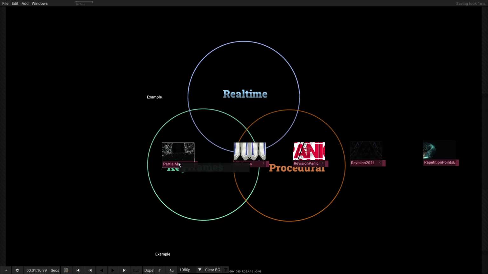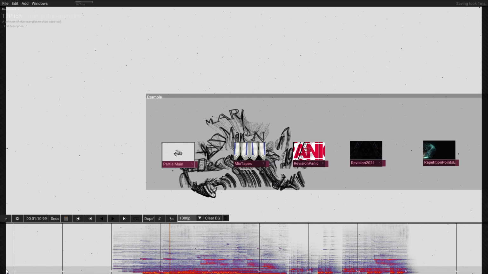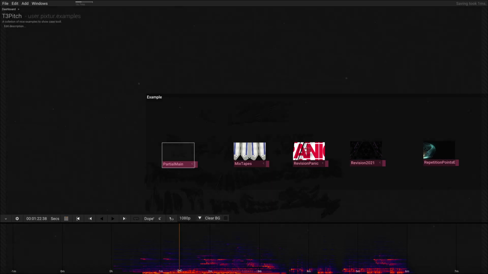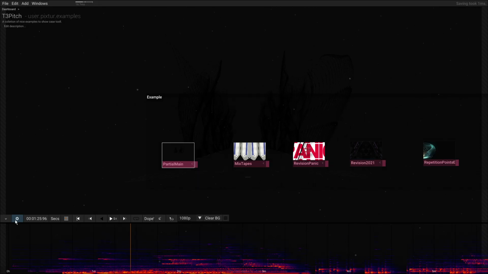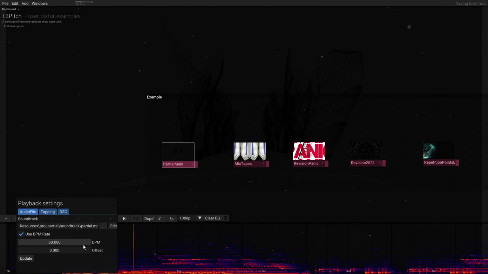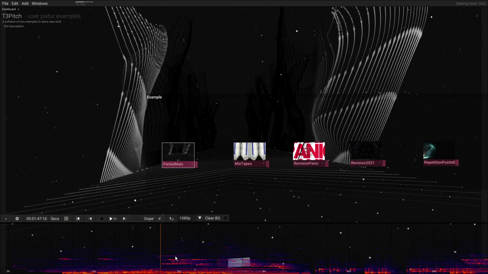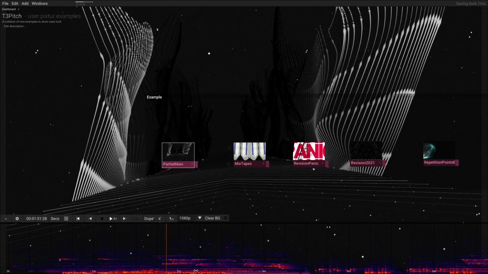You can imagine things that are animated to a soundtrack. If you load a soundtrack, you could do this here, and adjust the BPM rate or things like that. So you can build animations that are very carefully synced to an audio soundtrack.